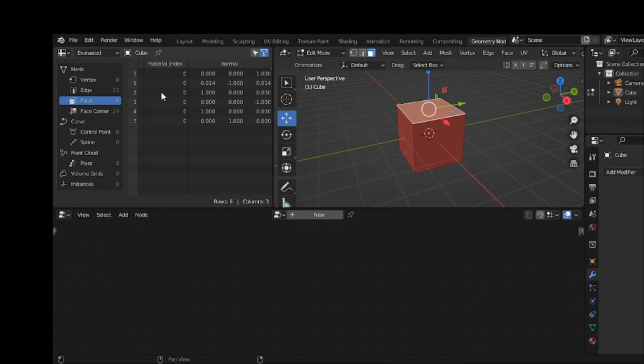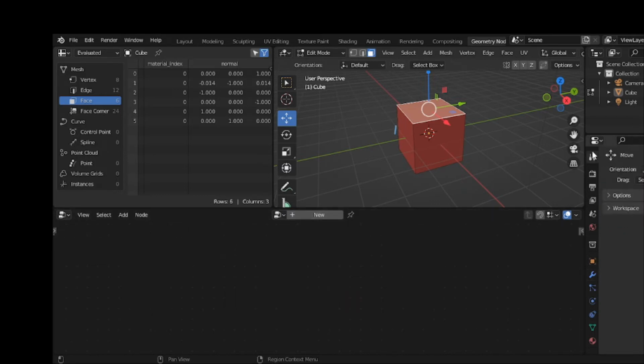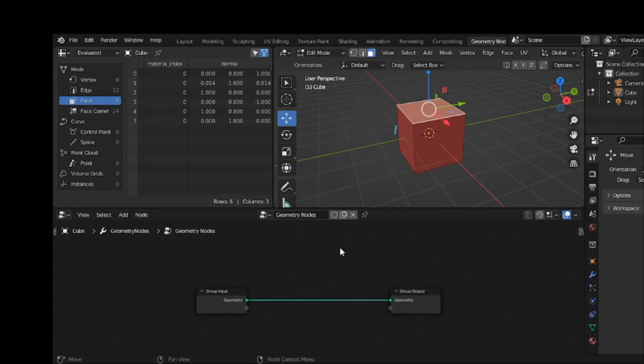Now, the geometry. Let me click on new. Let me do that again. Let me click on another tab and see what happens if I click on new. Alright, so nothing happened. Geometry nodes has begun. It always has, but you see in many videos, group input, group output, if you probably heard before,